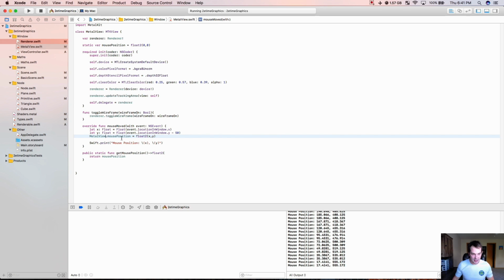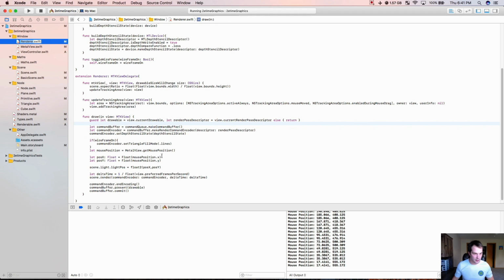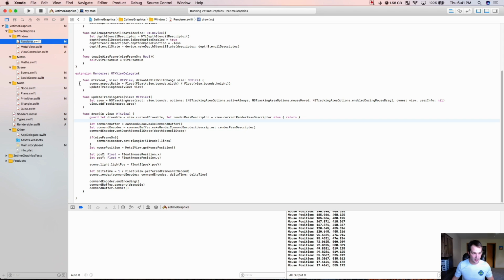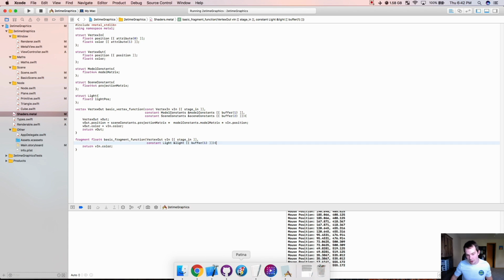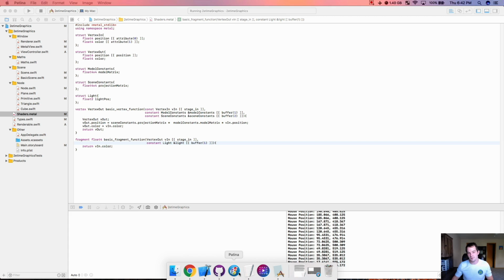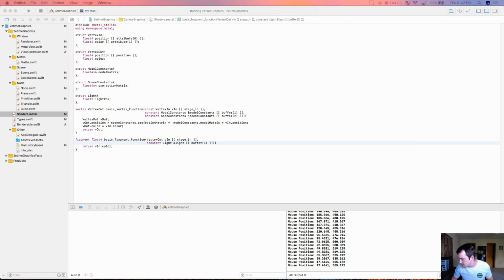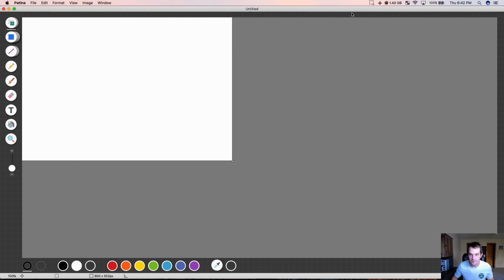So now that we have this mouse position, and our renderer is passing it here, let's go to our shader and use this light position. So we're gonna use something called length. What length does is it gets the distance of the vertices. So the way the fragment, oh, I didn't prepare anything to draw, but I'm going to. So the vertex function, let me see. The vertex function,